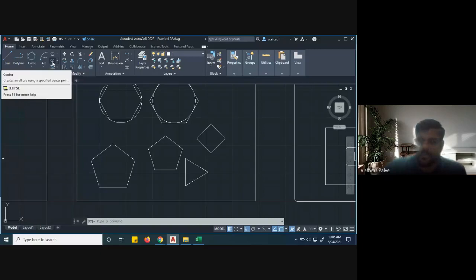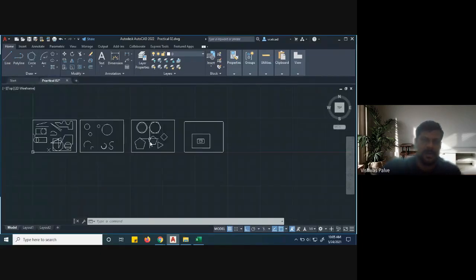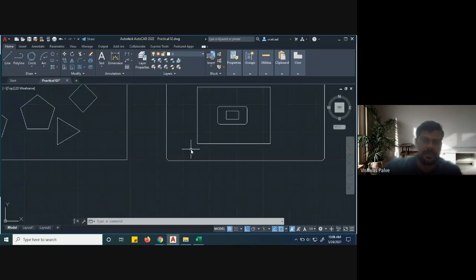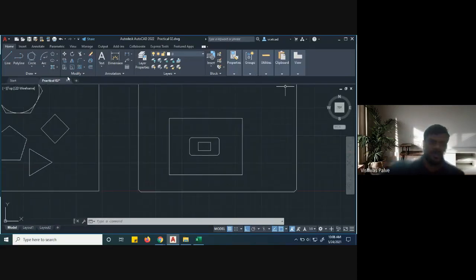Whenever it is required in drawing, that time we are going to practice ellipse and hatching, because in orthographic view we are going to use this hatch feature. So that time we'll learn, because now we don't have the application, but I'll show you the hatch feature. Hatching is nothing but you click on that feature. Then it will take some time because it loads. So then it says pick the point.